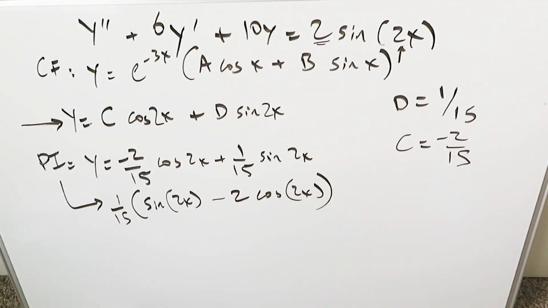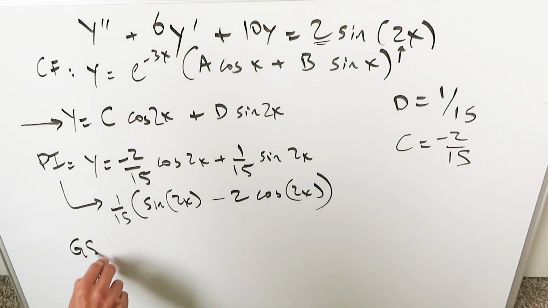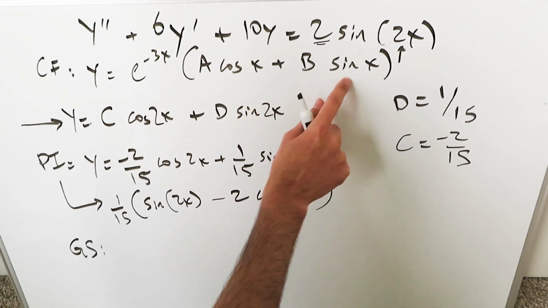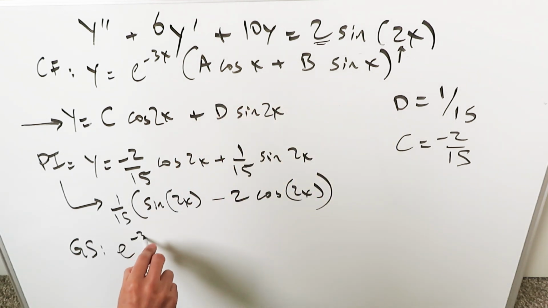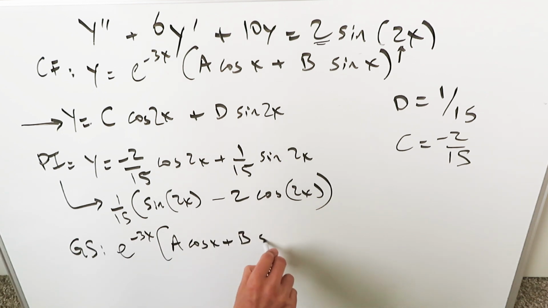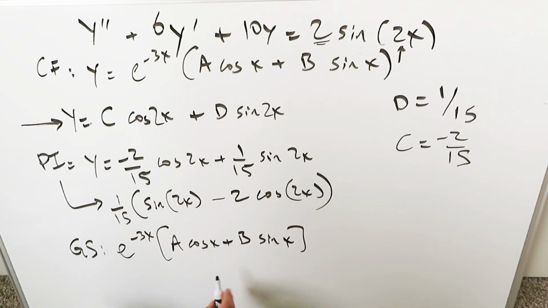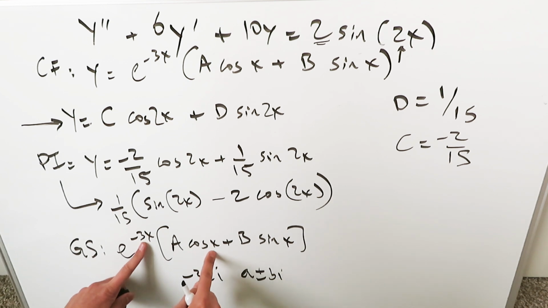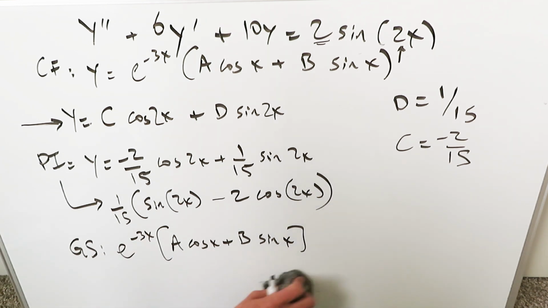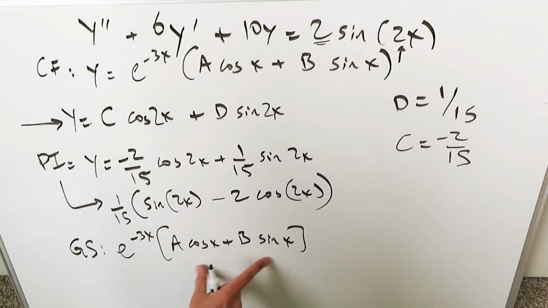Now we have to present our general solution. Marry up everything. Your general solution is equal to complementary function plus particular integral. My complementary function is this. I'll have e exponent minus 3x parentheses A cosine x plus B sine x. Keep in mind this is coming from your complex solutions minus 3 plus and minus i, which mirrors a plus and minus bi. Hence you're seeing your a and your b right here, ones. These capitalized A and B are just constants. You have a second order differential equation, therefore you must have two different arbitrary constants presented, and that's what we have,